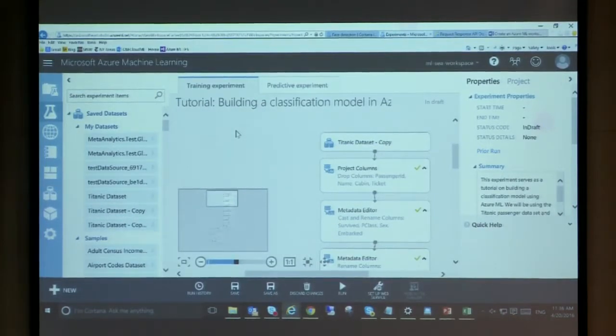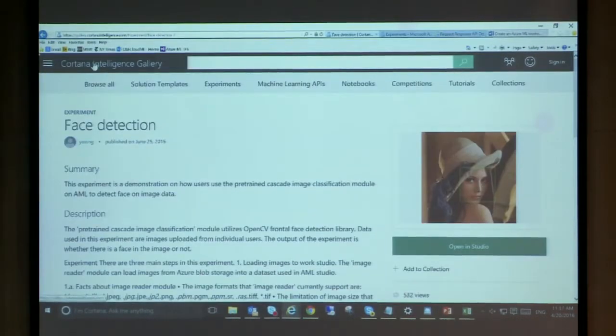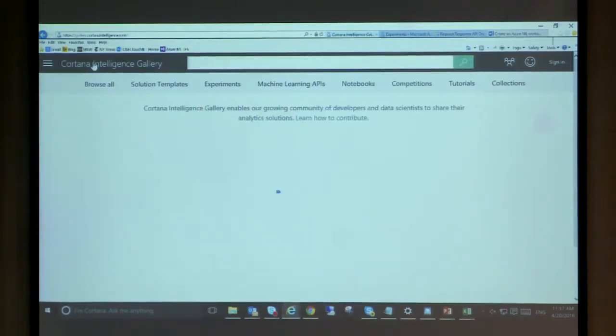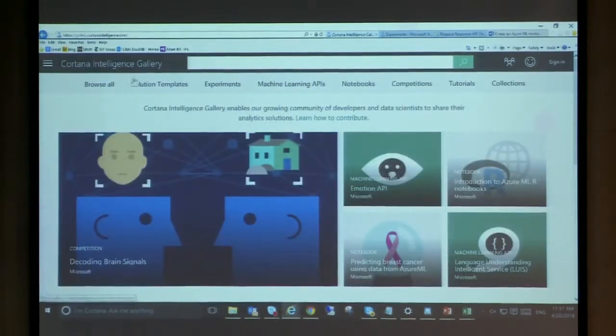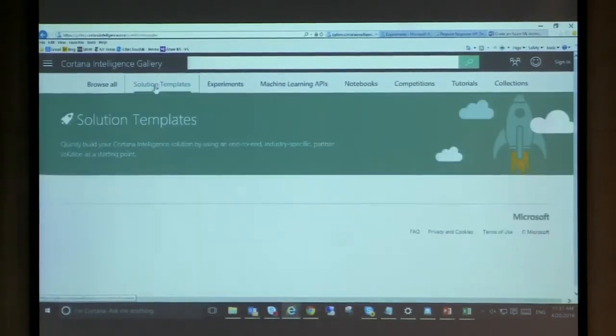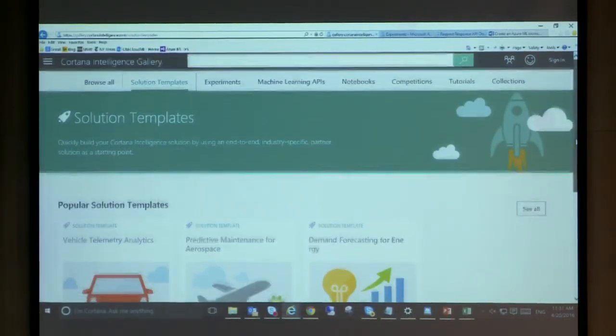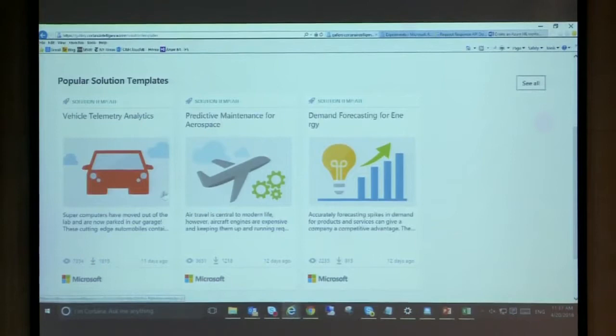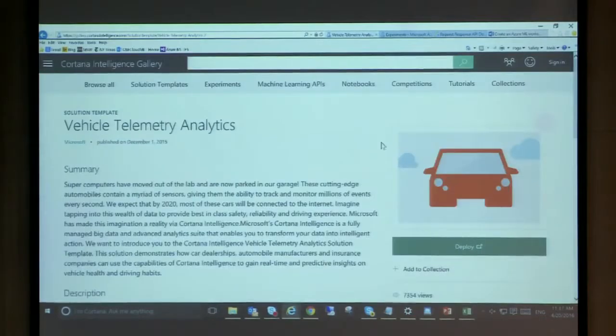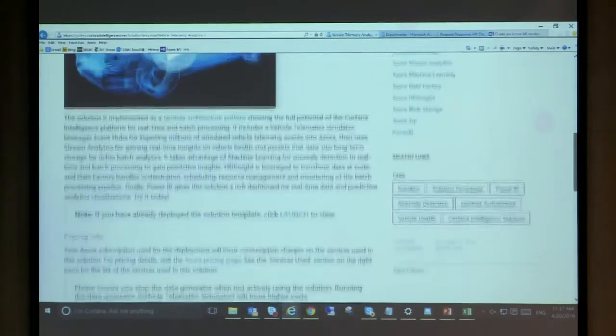Darwin had talked a little bit about using Stream Analytics. If you're interested in doing something a little bit more advanced, I would say just go back to the gallery. We try to make it as easy as possible to get you started as quickly as you can. Under Gallery, we have what are called solution templates. In this case, we have a few different solution templates. So let's say vehicle telemetry analysis. So in this example,